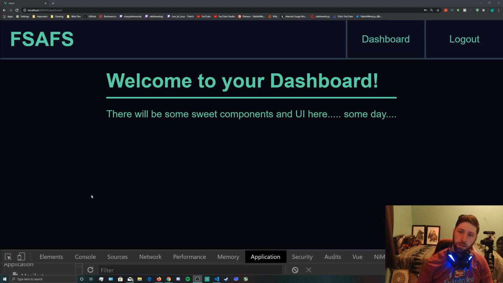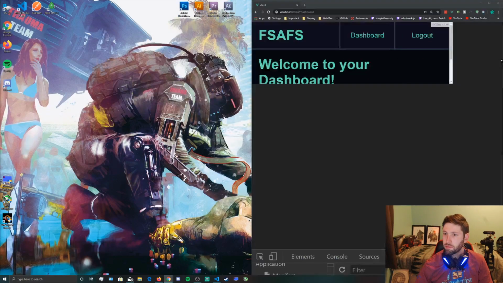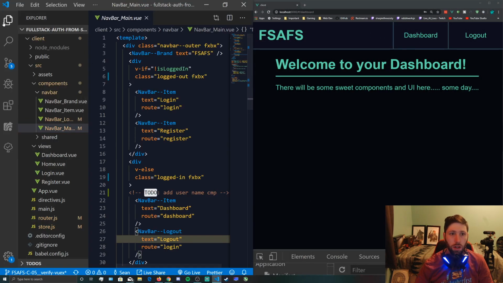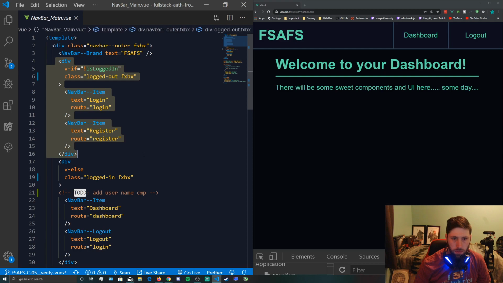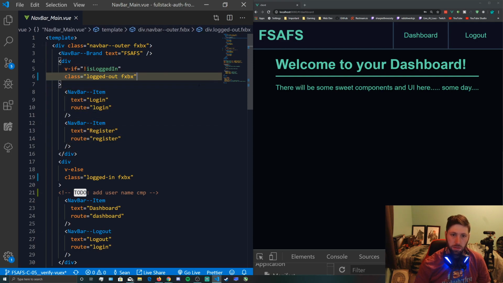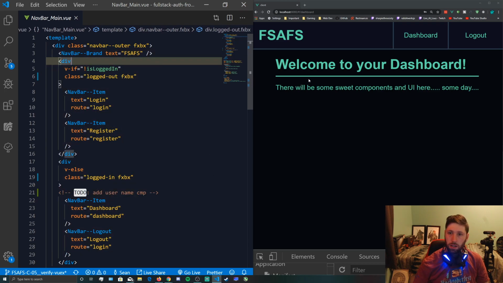So yeah, let's do that, and we'll go from there. I can actually make this a little bit smaller. It doesn't need to be that obnoxiously large. Okay, so if we look here, these could actually be slots passed into it, but I think this is fine. We're not going to get too crazy with things, but we have the Navbar Brand, which is this thing right here, and then these two, dashboard and logout. So what I think we'll do